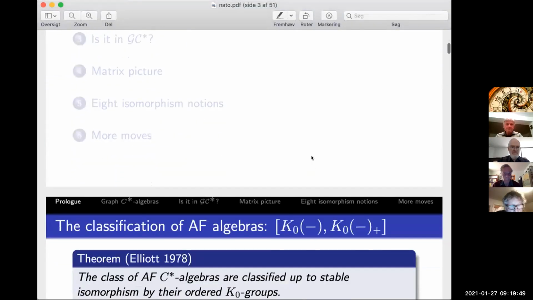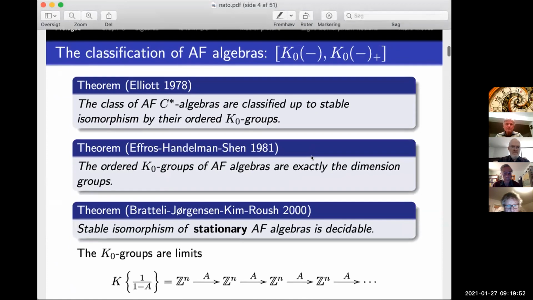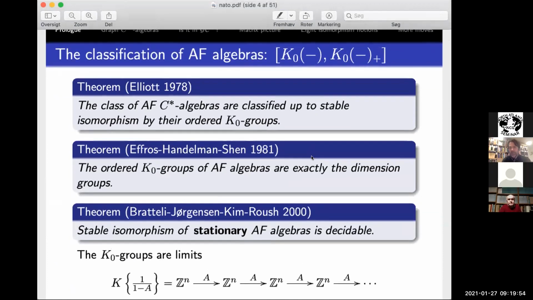Okay, so let's go back to the beginning of classification. I just want to point out a few things about the classification of AF algebras. And first of all, I want to point out that there's more than one classification theorem. That usually you don't perhaps think so much about that. But depending on what you're trying to obtain, there's various variations of the K groups, the ordered K groups that you need to use. So you can classify up to stable isomorphism, and then you need to use just the ordered K0 groups, and also very importantly,